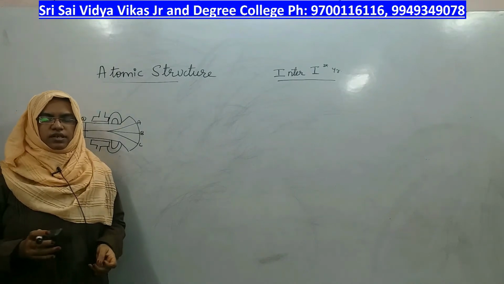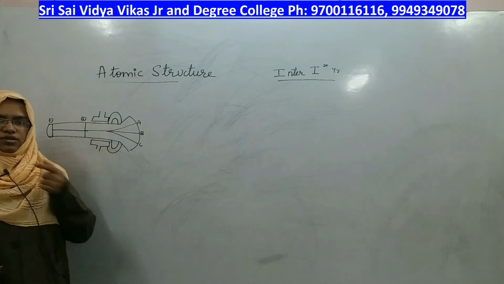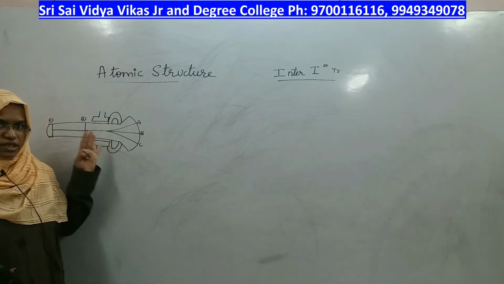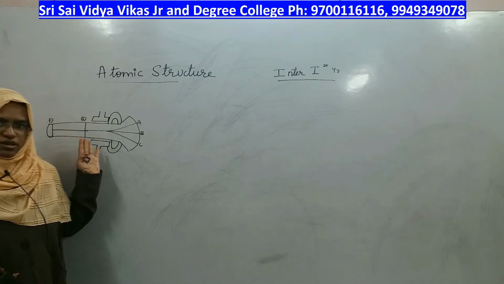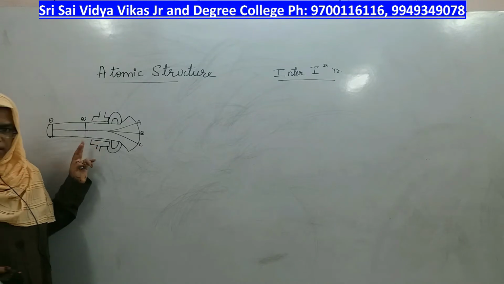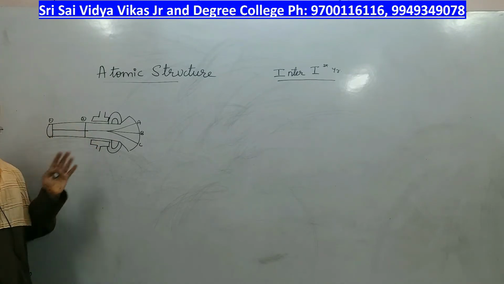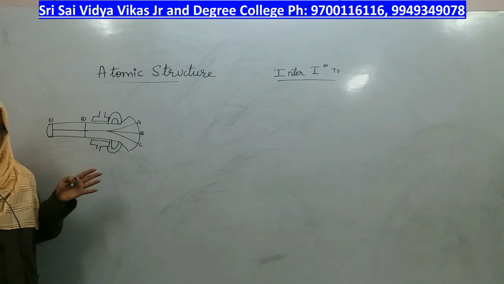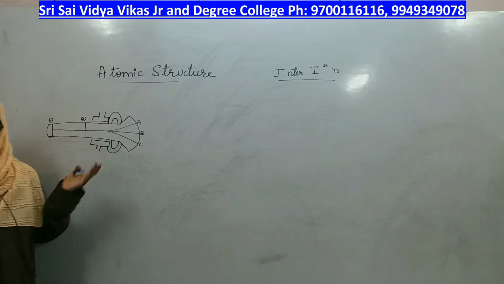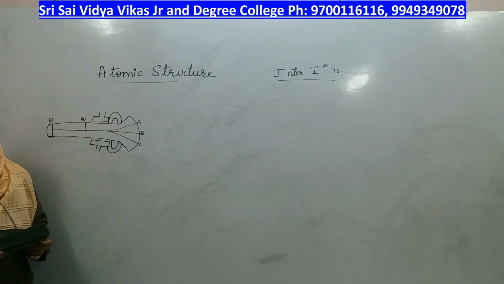Hello students, yesterday we stopped at atomic structure, at the topic cathode ray discharge tube by J.J. Thomson, in which we concluded that when the cathode ray discharge tube was modified by applying an electric field and a magnetic field perpendicular to each other, we saw how the electron shows deflections in the presence of the electric field, in the presence of the magnetic field, and when both the fields have exactly the same strength.